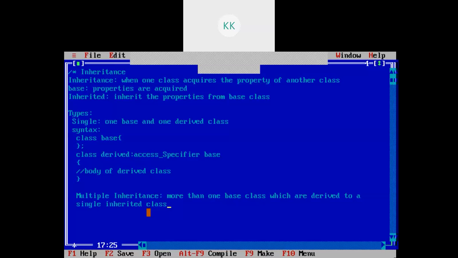So in multiple inheritance, you will have more than one base class and a single derived class in which you will be deriving both the base classes, right?